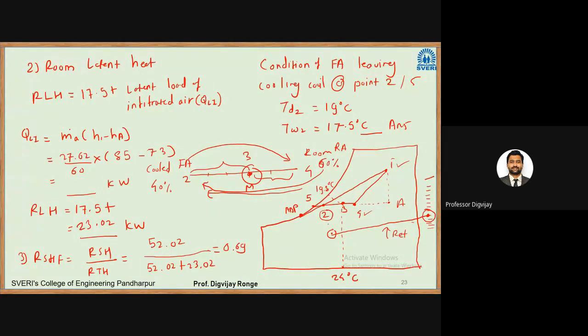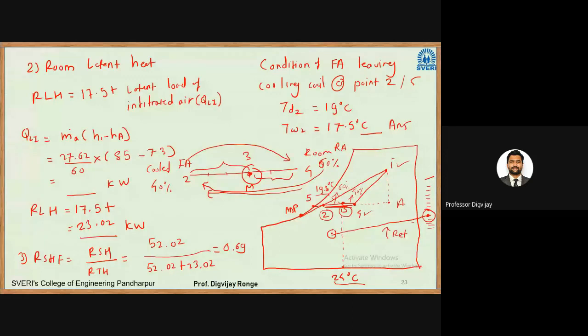Then this air leaving the coil gets mixed with the return air in the ratio of 2:3. So I have to divide this line, this 2 to 4 line, into some ratio. This part will be 60% and this part will be 40%. So I will get point 3. Point 3 is your supply air condition. The supply air condition I have calculated from the psychrometric chart as 24 degrees Celsius and 19.8 WBT. Okay, so this is the supply air condition.